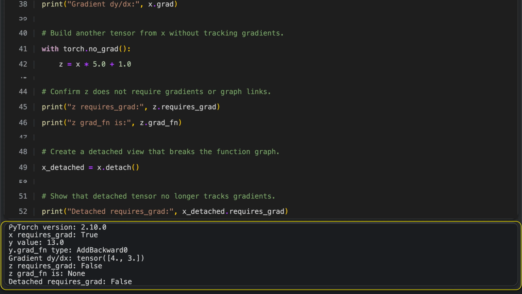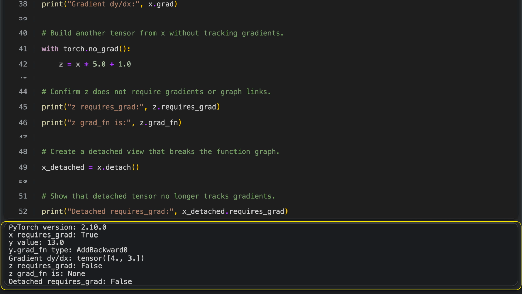This script shows how PyTorch's automatic differentiation works by building a simple computation graph from a tensor that tracks gradients. It computes a scalar output by combining the first and second elements of the tensor, then confirms that the result is suitable for backpropagation. When the backward operation is called, PyTorch calculates and prints the gradients of the output with respect to the input, revealing how changes in each input